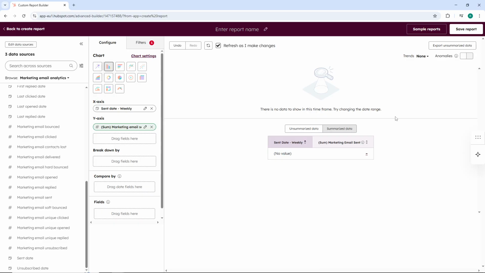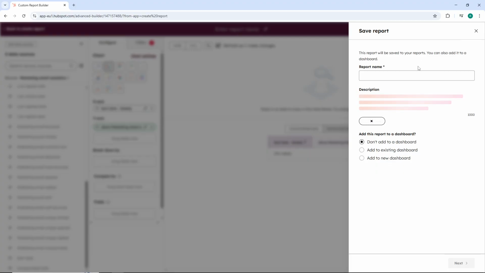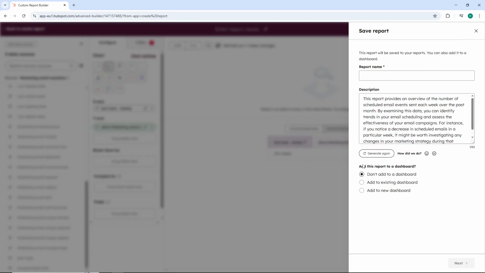Finally, click Apply or Run Report depending on what your interface displays. This generates the preview of your report, and you can now see your weekly email sending data visualized clearly. You can save this report to your dashboard for easy access whenever you need to review your email